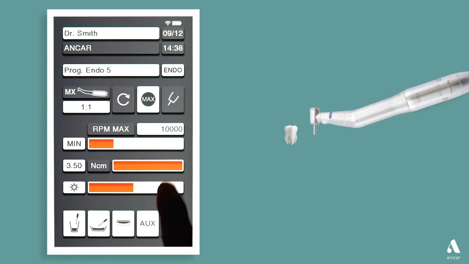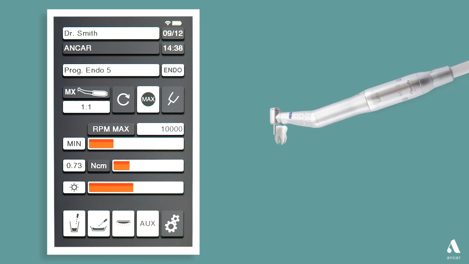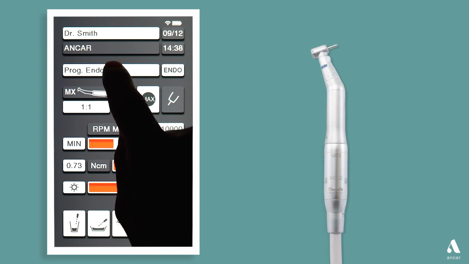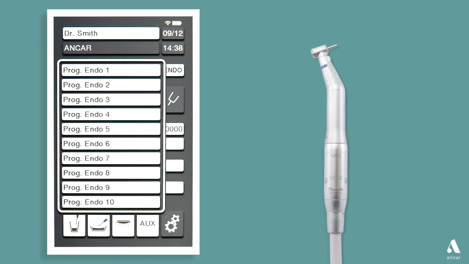Unlike the operative mode, in ENEO mode, when we reach the torque limit, the micromotor starts to rotate in the opposite direction immediately, and will do so until we stop working with the pedal. When we actuate the pedal again, the micromotor turns again in the correct direction. Each work mode contains its own 10 configuration memories, so we can say that we have 20 customizable memories for